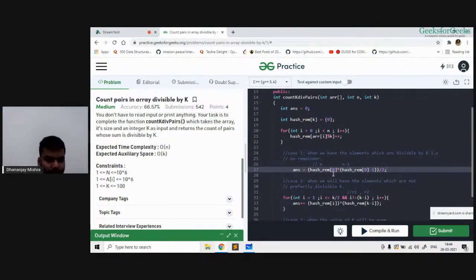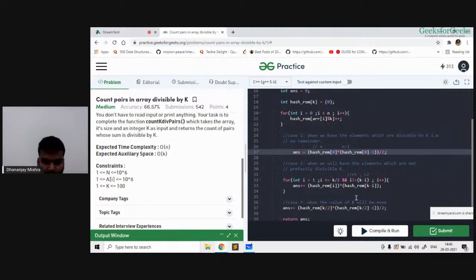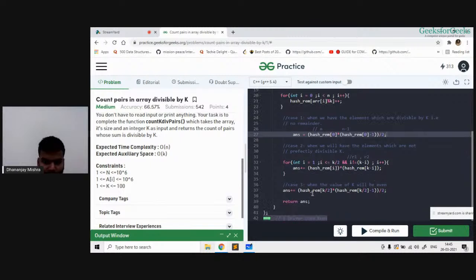Hash remainder 0 into hash remainder 0 minus 1 by 2, this is also correct, and this condition is also correct, right? So the final case when